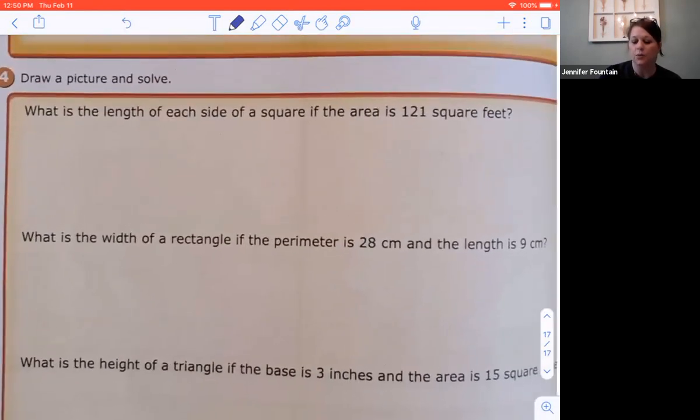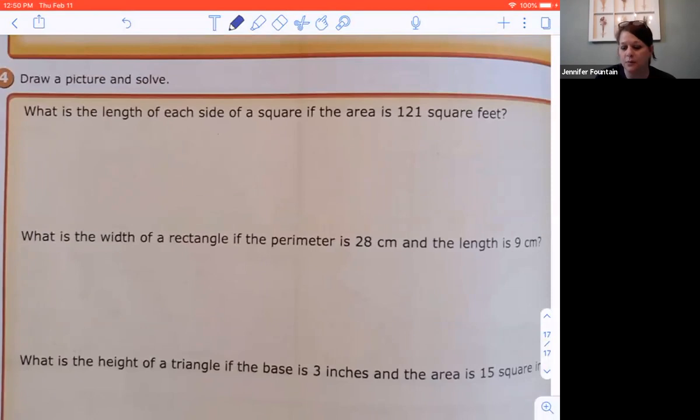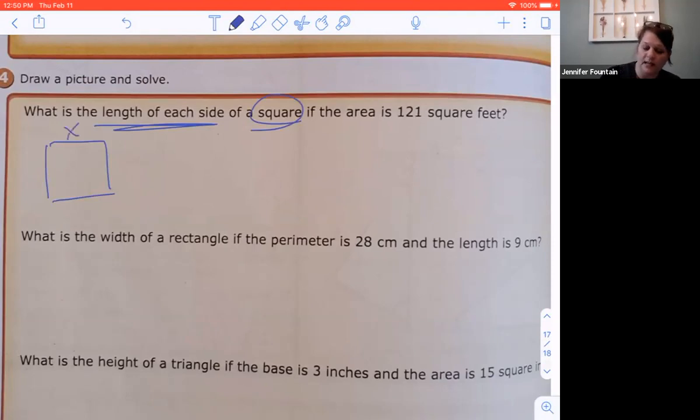All right, so there's a couple of things that I want to look at. I want to see what information they've given me. What am I working on? So I know I'm dealing with a square, so I have to think about what things do I know about squares, okay? I'm talking about lengths of sides. So what do I know about the lengths of sides of squares? They're all the same length, right? So I know that if this is X, then this is X, and this is X, and this is X,